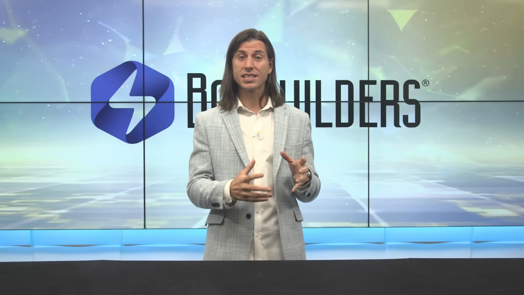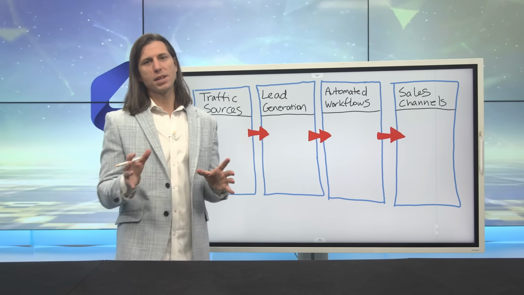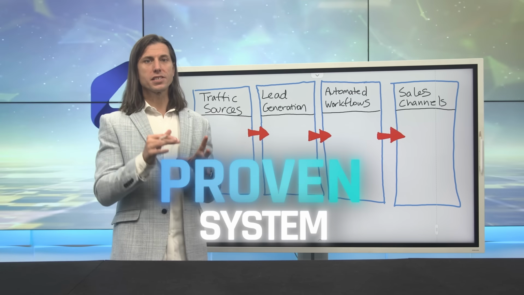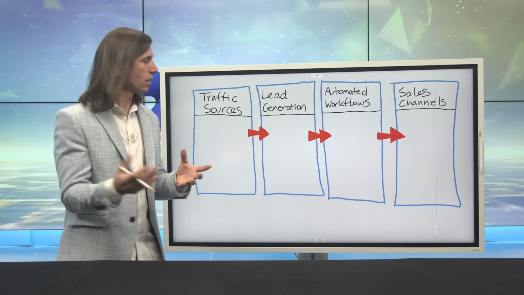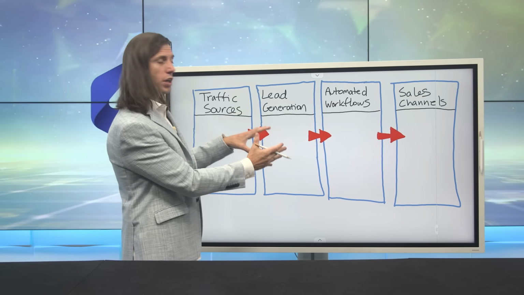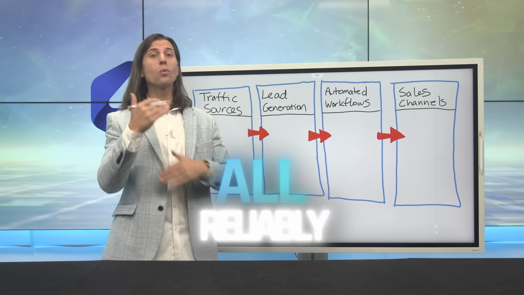All right, so with that said, let's jump into the first way to use AI and automation, and that is to build. Because if you're going to have a business that creates revenue with consistency and predictability, there's a lot of pieces that you have to have in place. So let's start out with our trusty whiteboard here. Now, to scale any business with predictability and consistency, you need to have a proven system in place. A way that you can take traffic, generate a lead, have automation working for you in the background, and then convert into sales, all reliably.